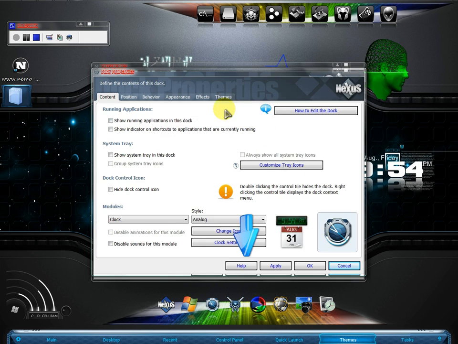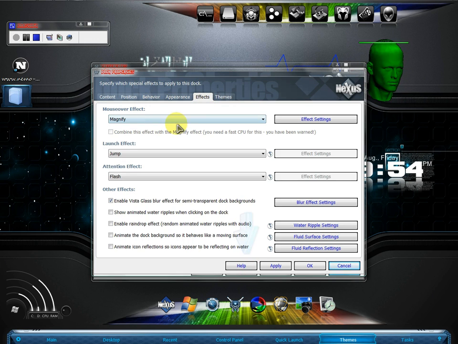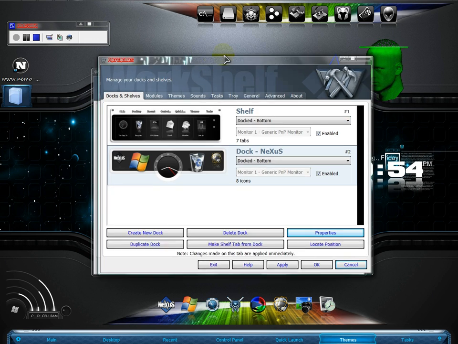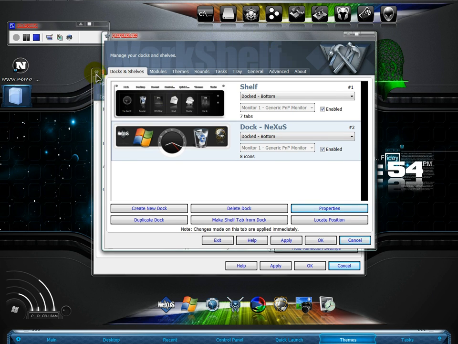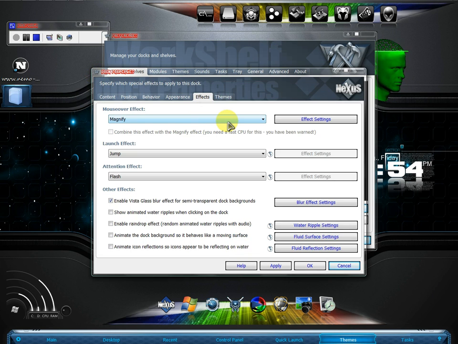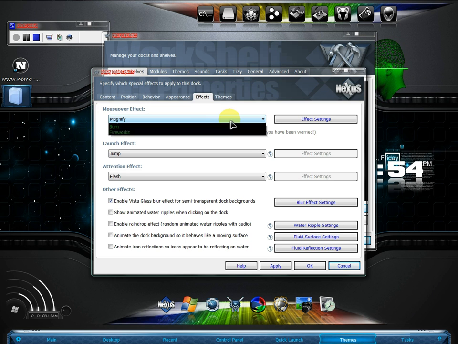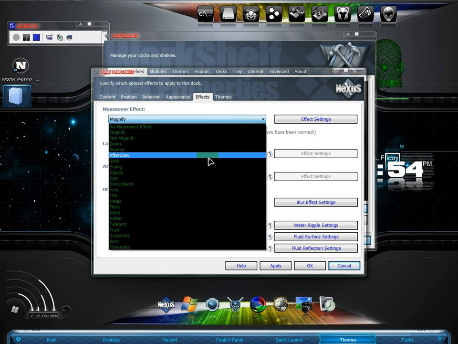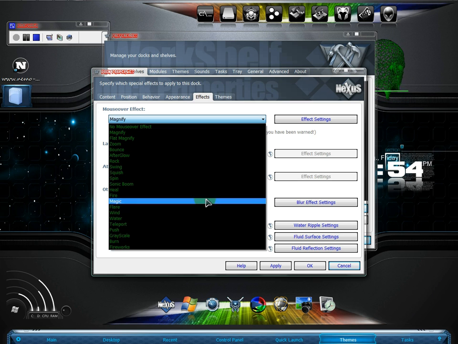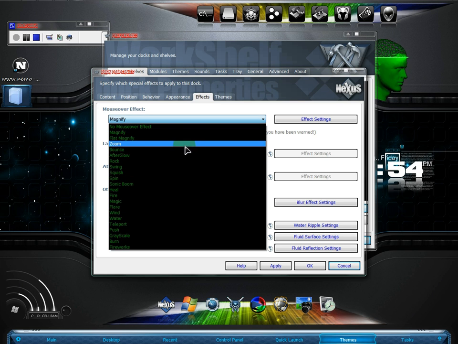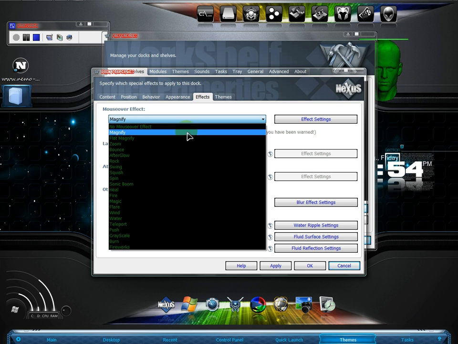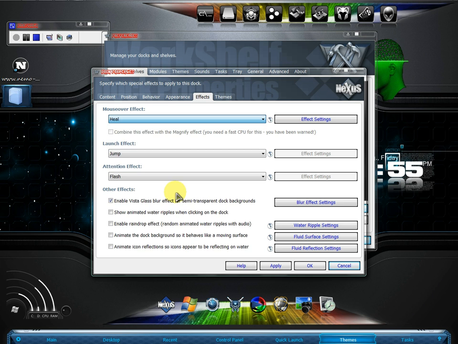Go to properties, hit effects, and under mouse over effects you can select any effects that you want. For example, I will change it to fire. Click apply, and you can test it.